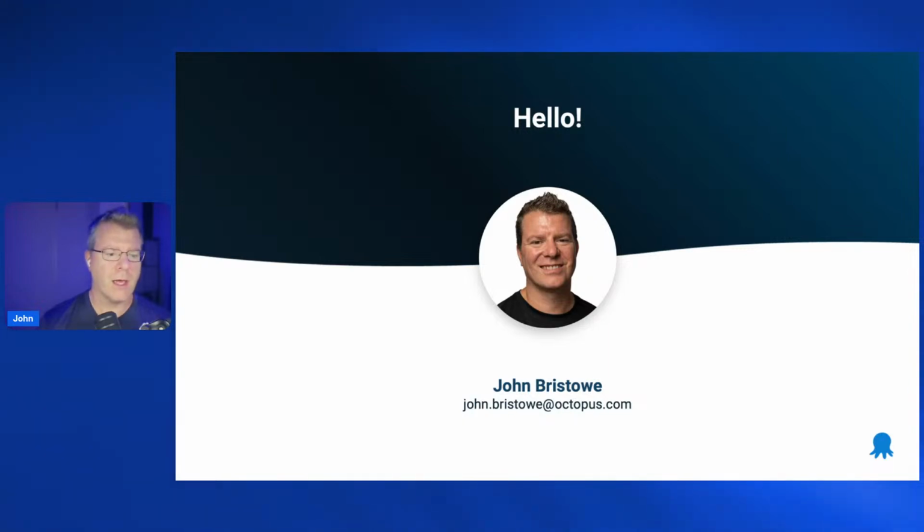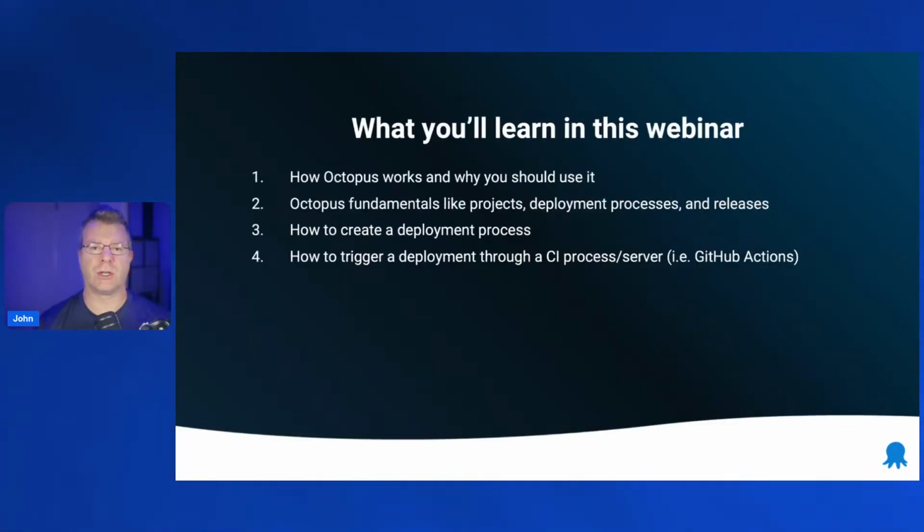So in this webinar, we're going to be touching on a whole bunch of things. Primarily, we're going to talk a little bit about the building blocks of Octopus, how it works and why it works the way it does. And I think understanding the why is really important. As I've said repeatedly in this webinar, understanding the why for a technology is critical because it allows you to understand where a technology fits in your company's processes, its organization, etc. So we'll talk a little bit about what Octopus is, how it works, and why it does what it does,